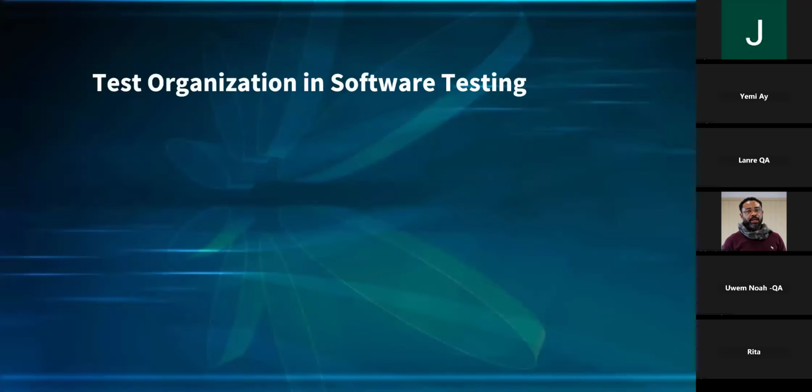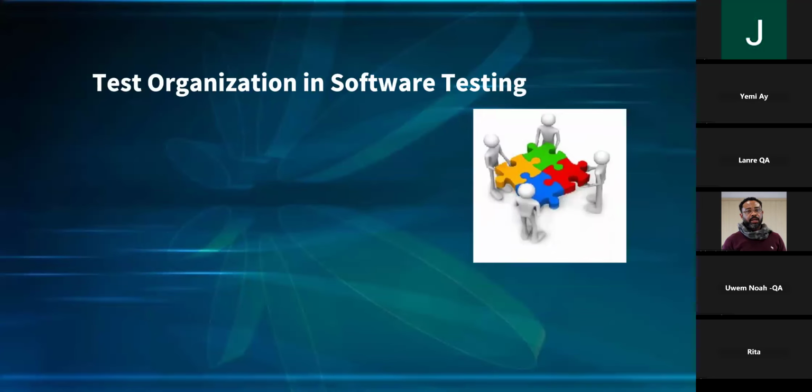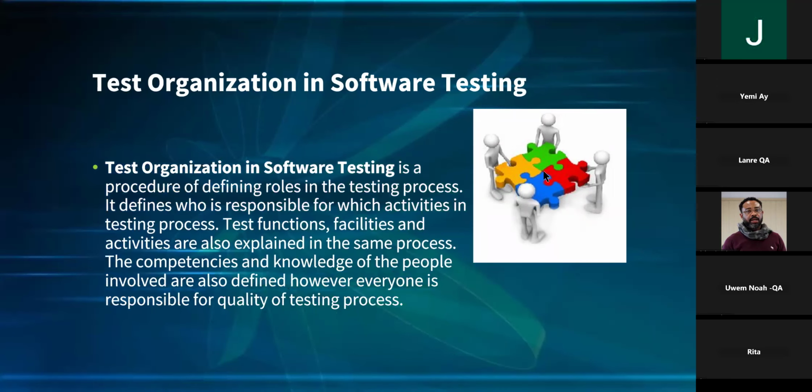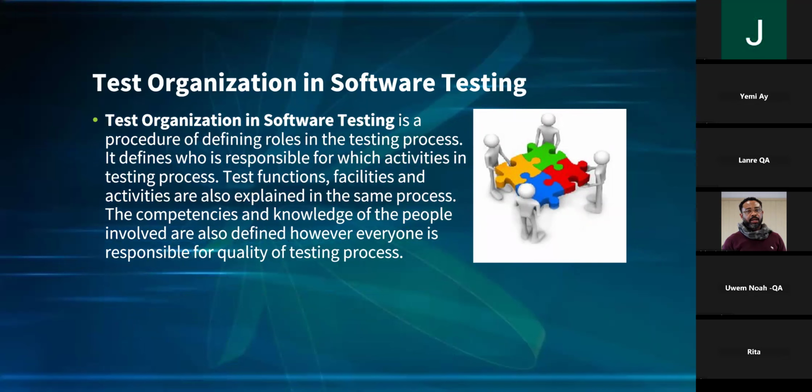Test organization in software testing: we are trying to organize. You can see these 4 people, they have come together and it forms one. Except if you're the only software tester in the organization, then you can do it alone. But here you can see they all came together as one. They are trying to build up and form it well. This picture depicts a lot of things. You come with your own expertise, I bring another person, and this other person comes. These are things that we do in the organization. We come together as a team, we brainstorm, and we put